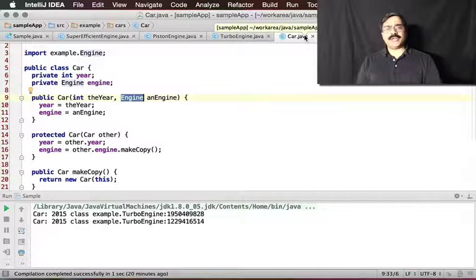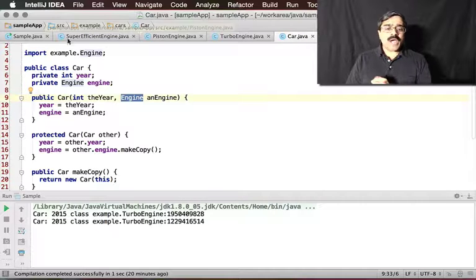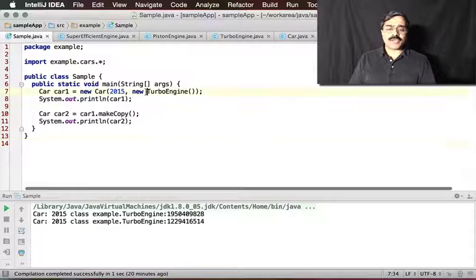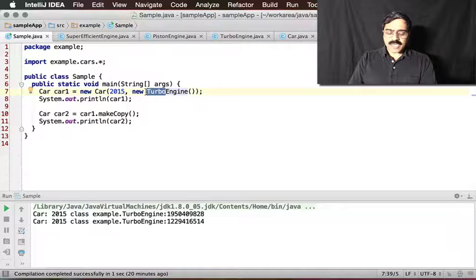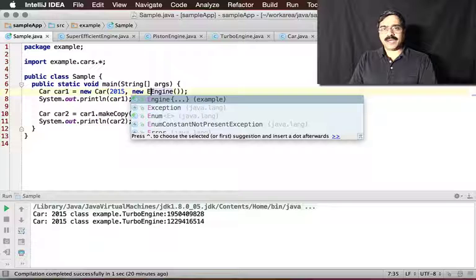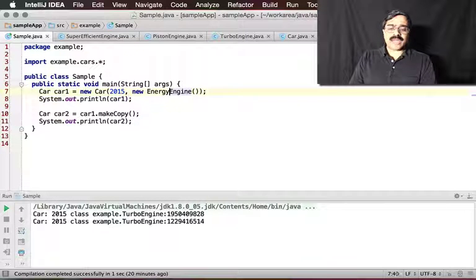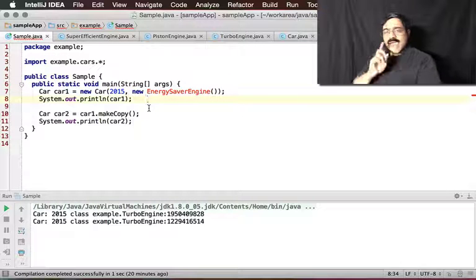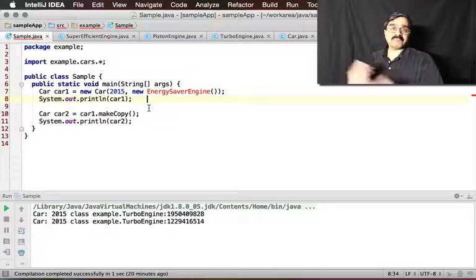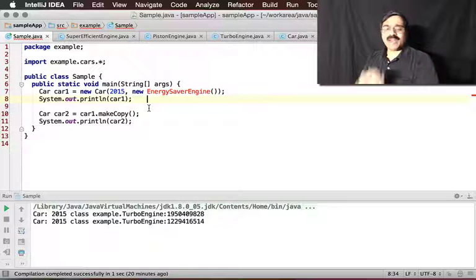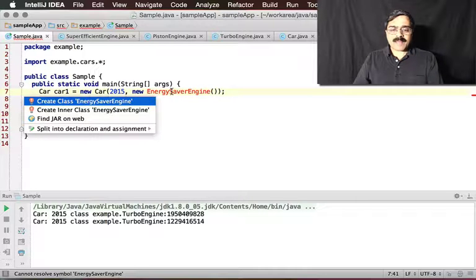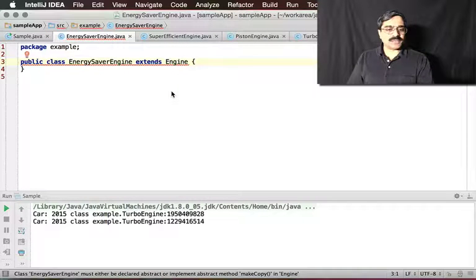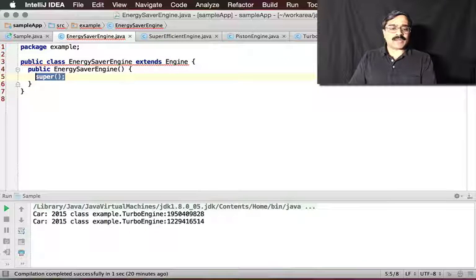Well, I'm going to tell you that in this particular case, I want to extend this. So I'm going to introduce another particular engine, let's say. This is called an energy saver engine. I just introduced an energy saver engine. And I'm going to ask you, can your car that you have there work with an energy saver engine? You can proudly say absolutely it will, as long as an energy saver engine conforms to the abstraction of an engine. So you can quickly come and implement the constructor for it,